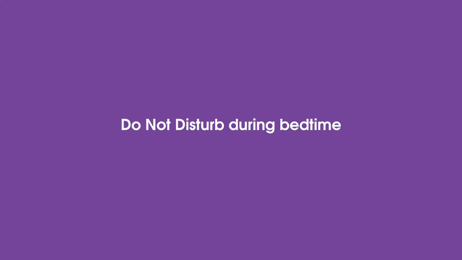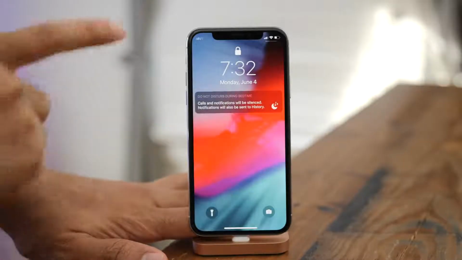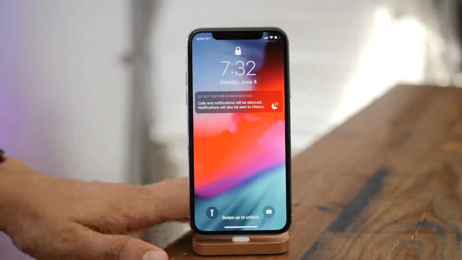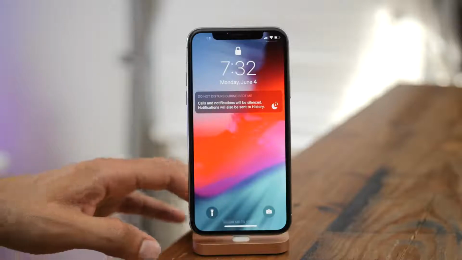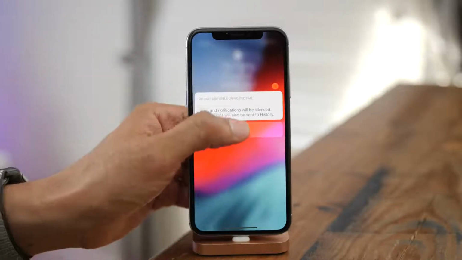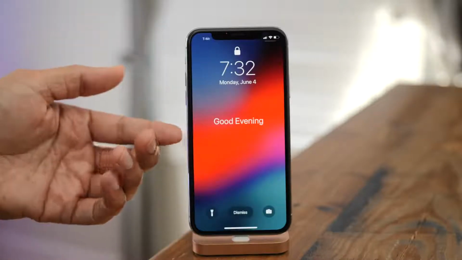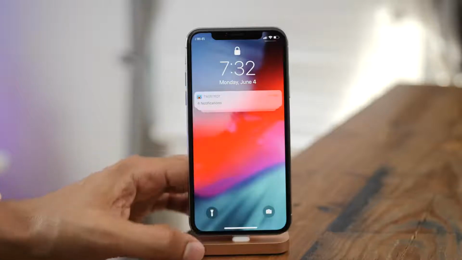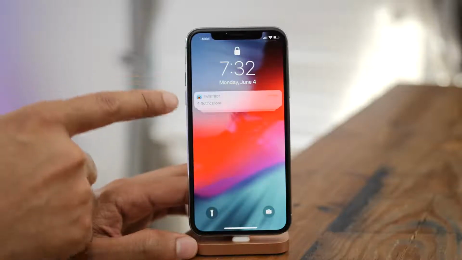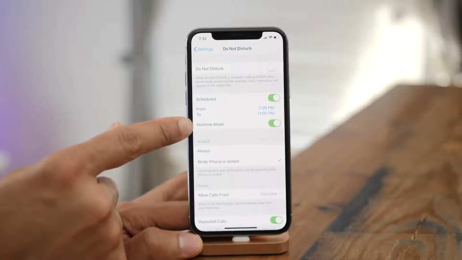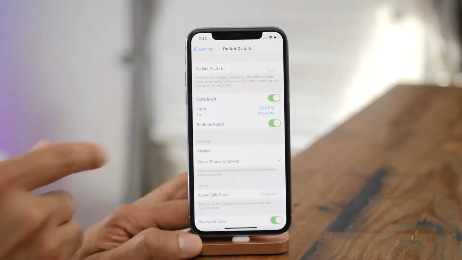Do Not Disturb has received several key upgrades in iOS 12, including this right here, Do Not Disturb during bedtime. So calls and notifications will be silenced, and notifications will also be sent to history so that if you have to pick up your phone, you're not inundated with a lot of notifications, causing your brain to spin up, and then you start thinking about acting on those notifications. But when you turn it off, you can still view all of the notifications that have come in, and if you wish to, you can go in and adjust the settings for Do Not Disturb, including bedtime mode within the